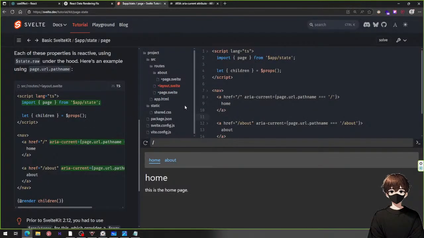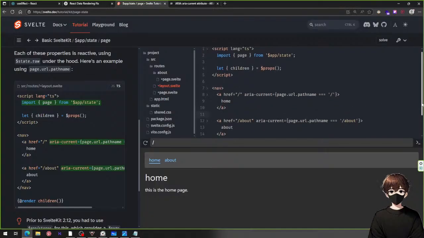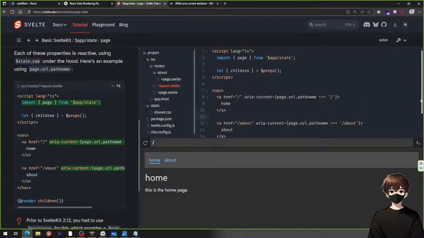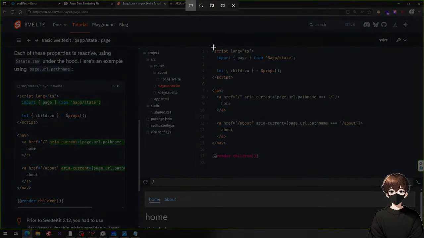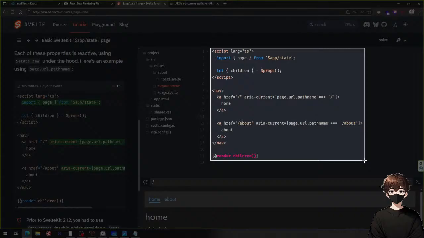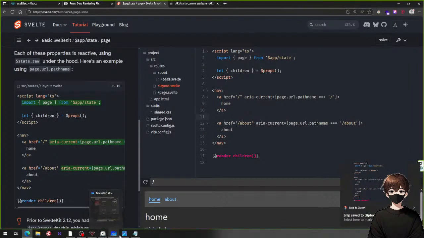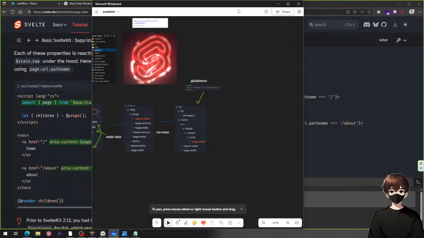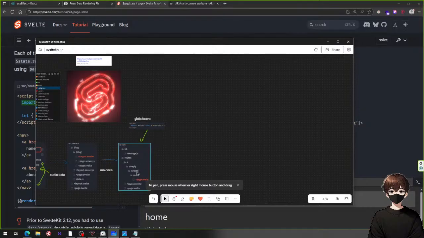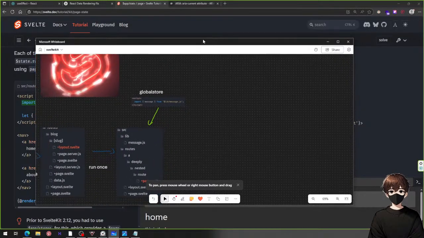Let's continue. This is in the layout, so it's persistent. So let's go over here, and we said that the layout.svelte